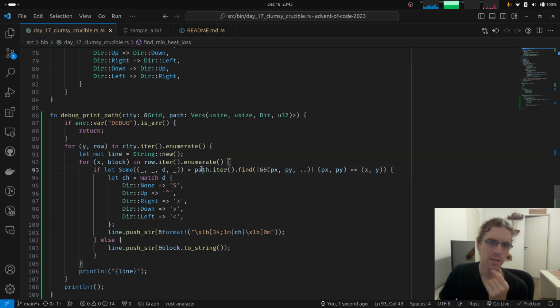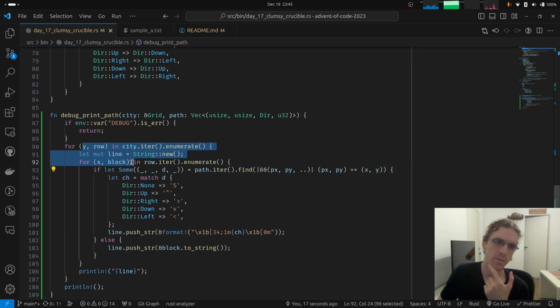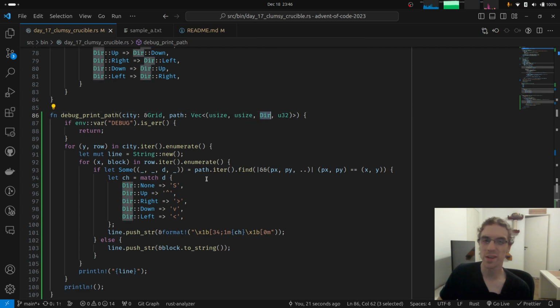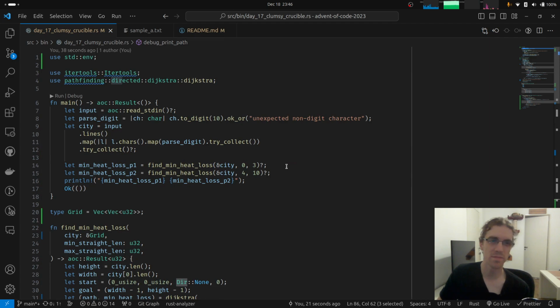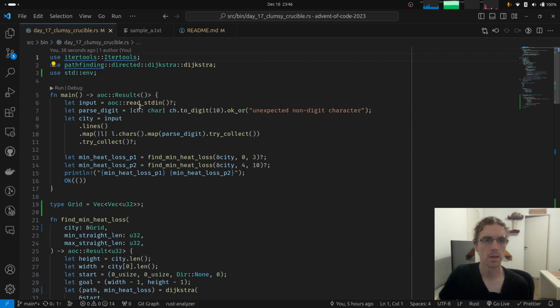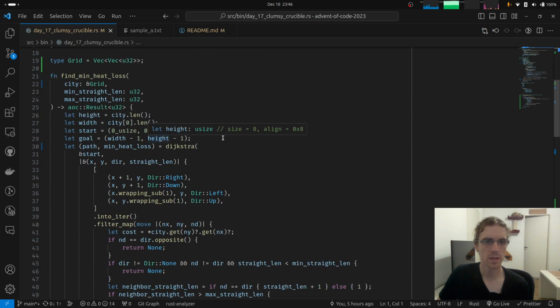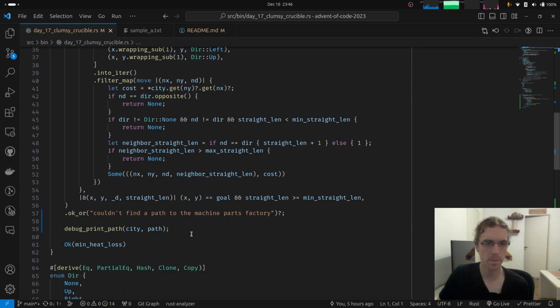But iterating like this, a linear search inside of two loops, is not very pretty. I could convert all the path into a hash map from coordinates to the direction, which is the only thing that we need. But I don't really care about that here. That is fine for me.